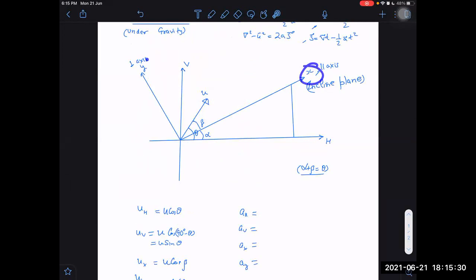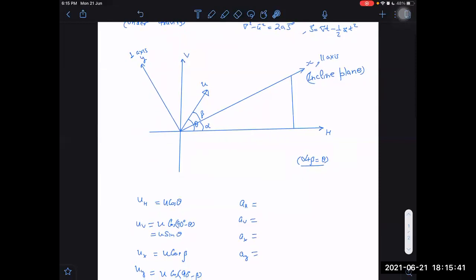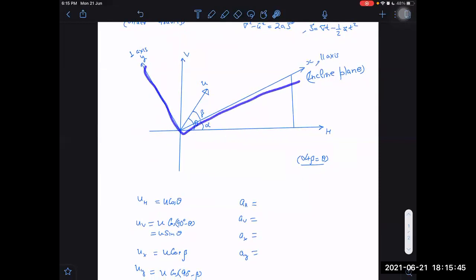So for the x-axis and also for the y-axis, in which quadrant is it lying? It is lying in the first quadrant for that also. All are positive only. Nothing is negative in this. It is in the first quadrant of x and y, and it is in the first quadrant of v and h. Okay.